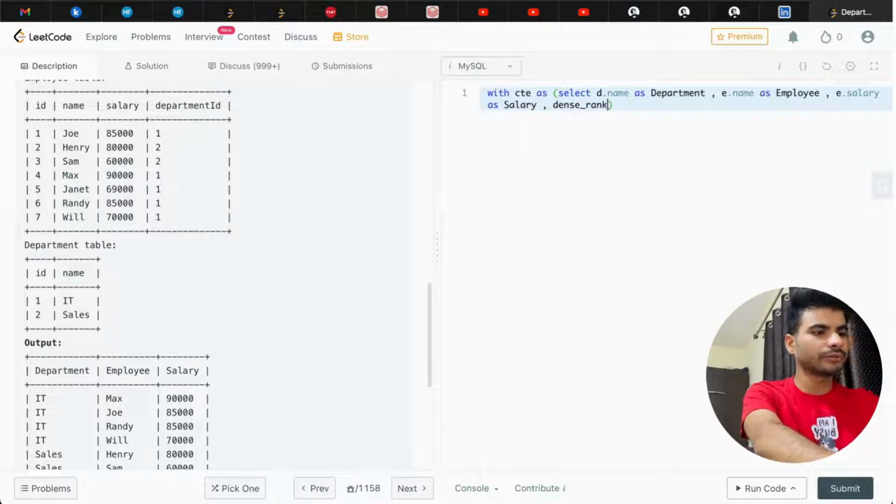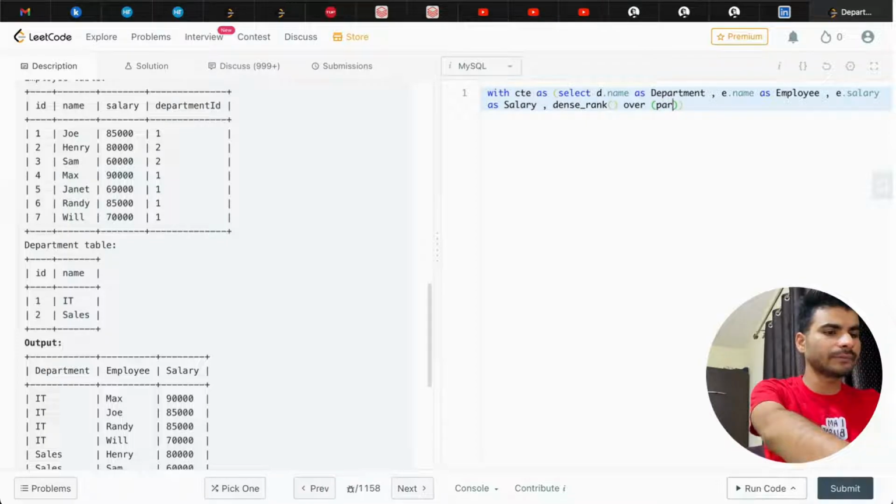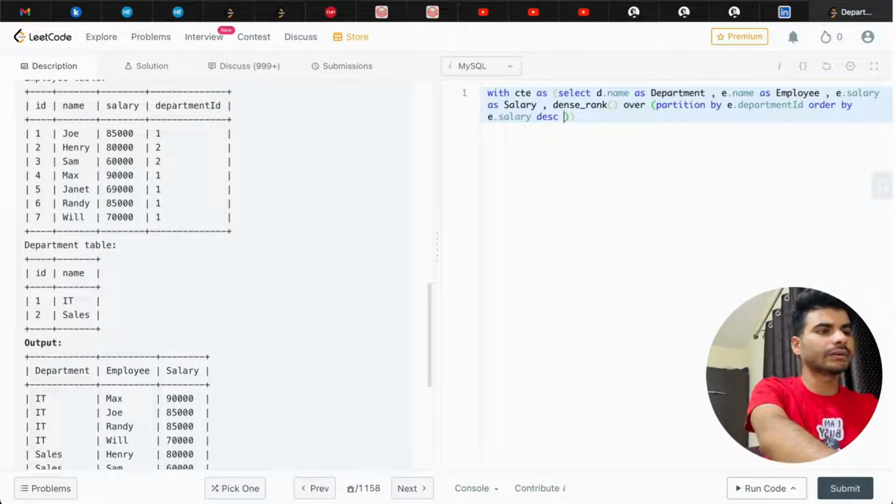I'm going to find out dense rank over, and I'm going to partition it by e.department_id, order by e.salary, and I'm going to order it in descending order as rank, or you can say RN,